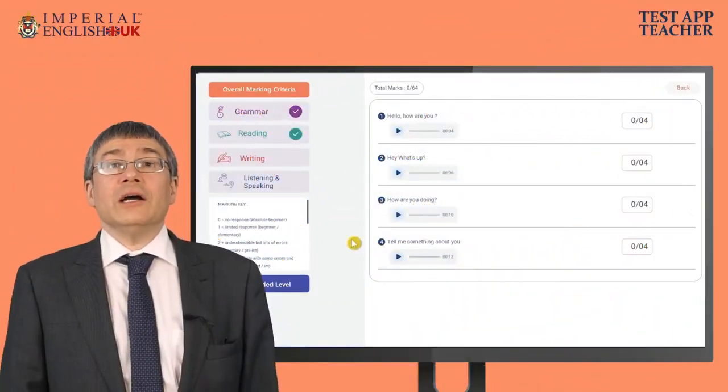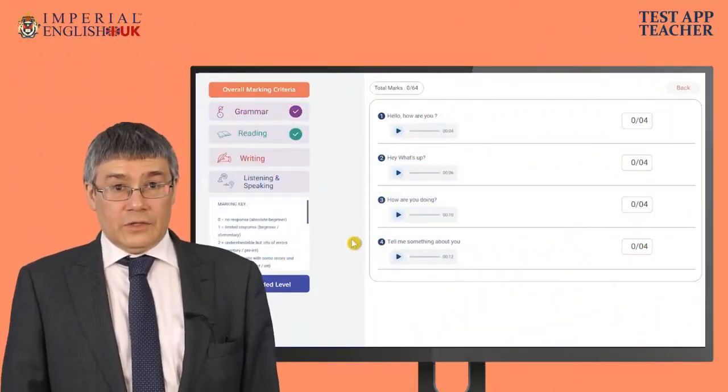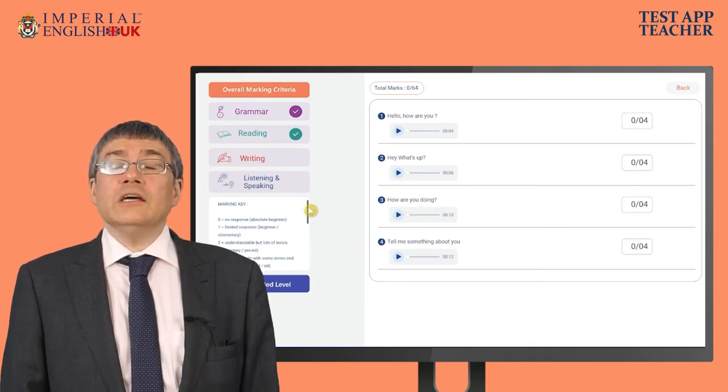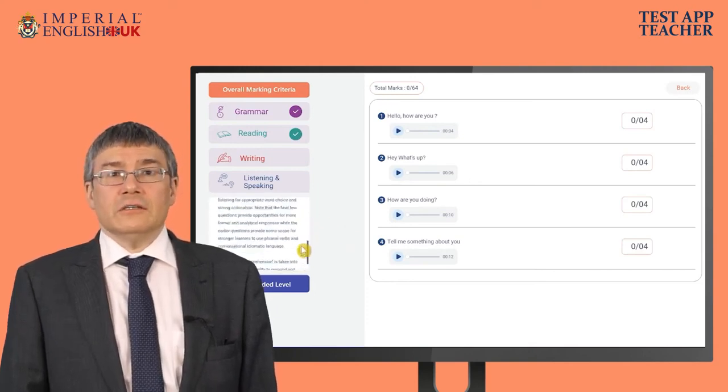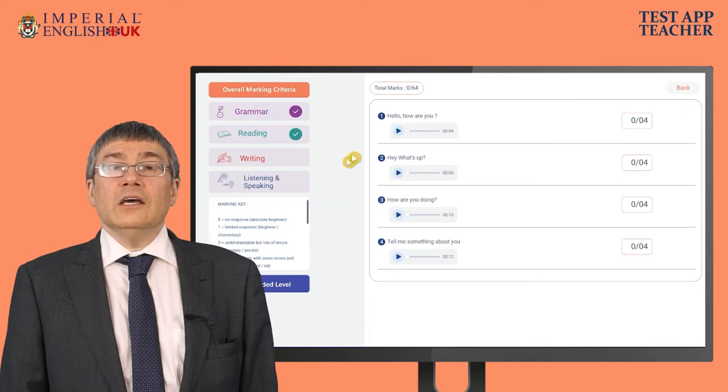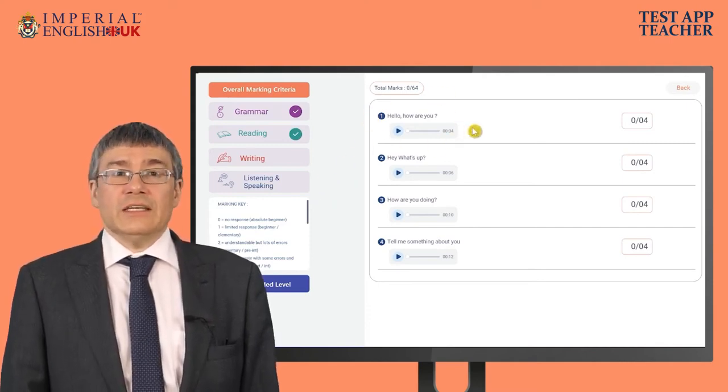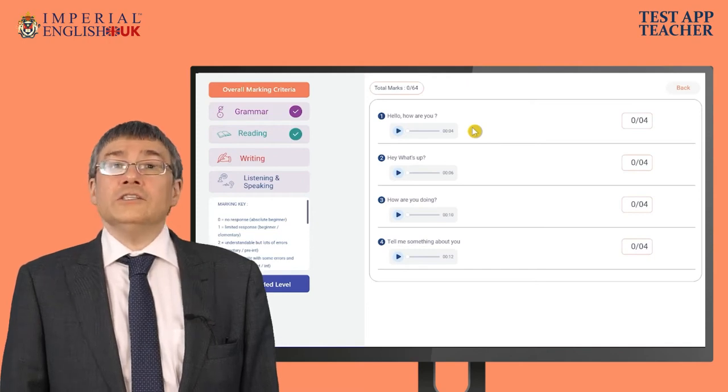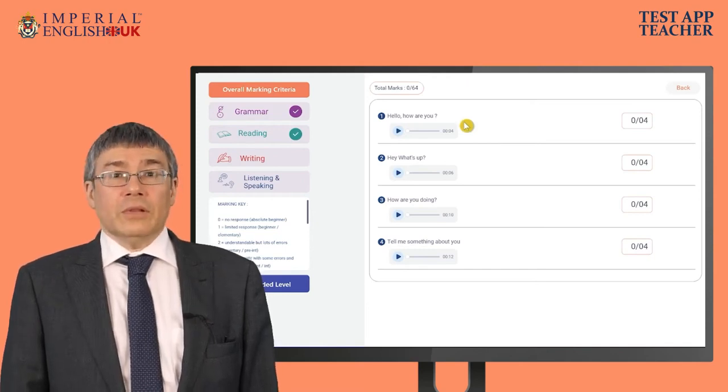The listening and speaking section is marked by the teacher. On the left, the teacher will see the marking criteria. On the right-hand side, the audios to questions answered by the students will be displayed. Teachers can read the question, play the recorded answer as many times as they need to, and will then give